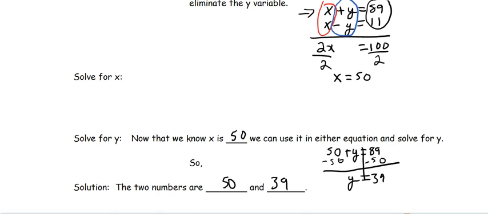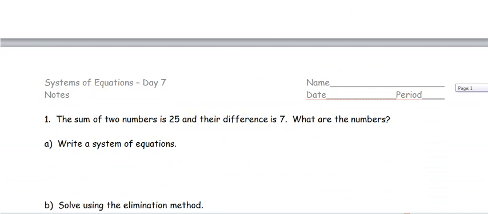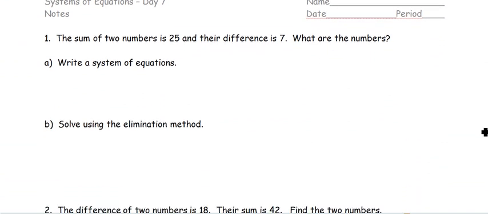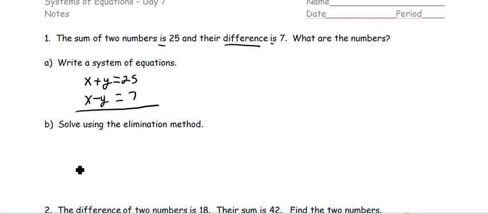But what we are doing is we are literally adding two equations together. All right? The sum of two numbers is 25. Is means equals. So I can do x plus y equals 25. Their difference, that means subtract, is 7. So is 7. That's x minus y. All right. So if I solve using the elimination method,